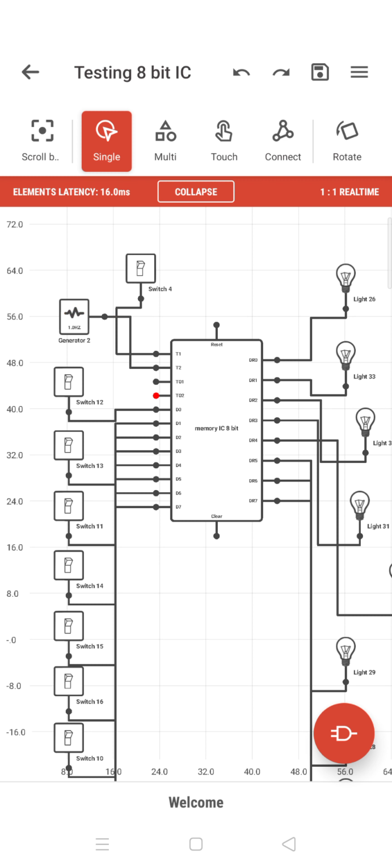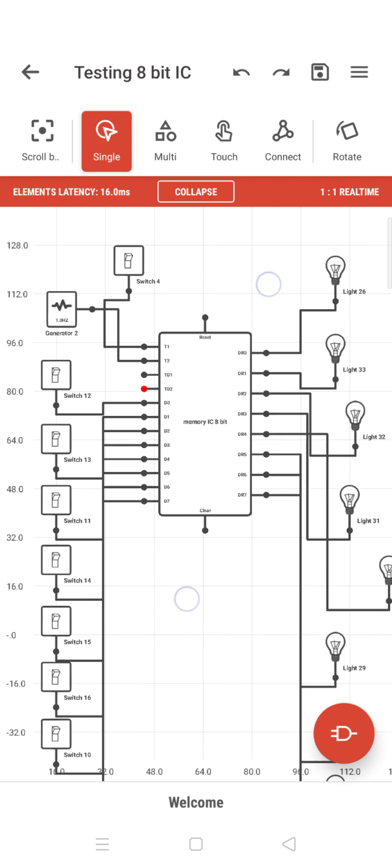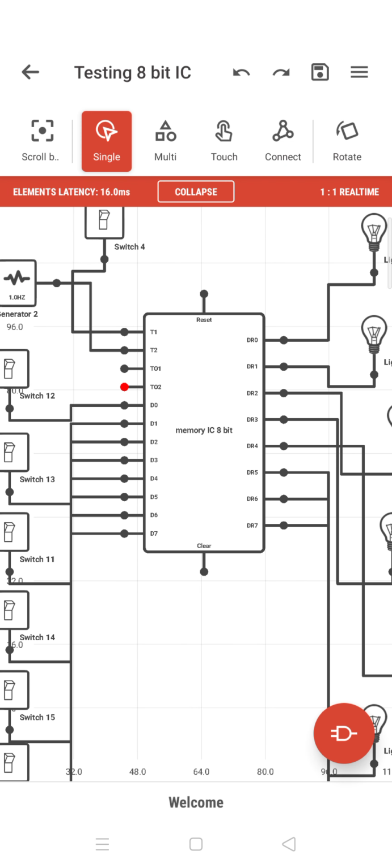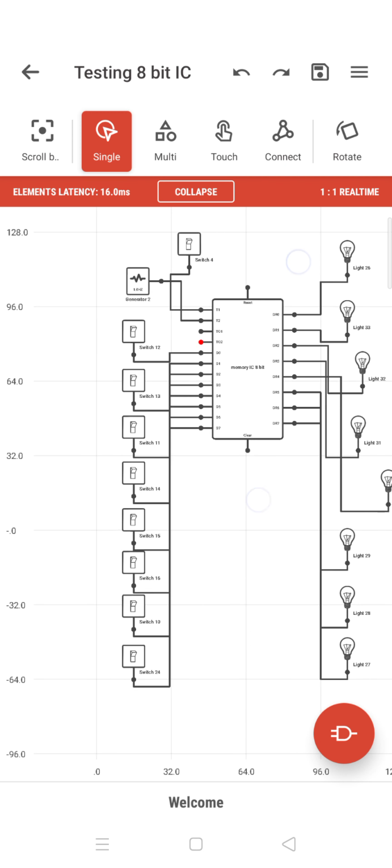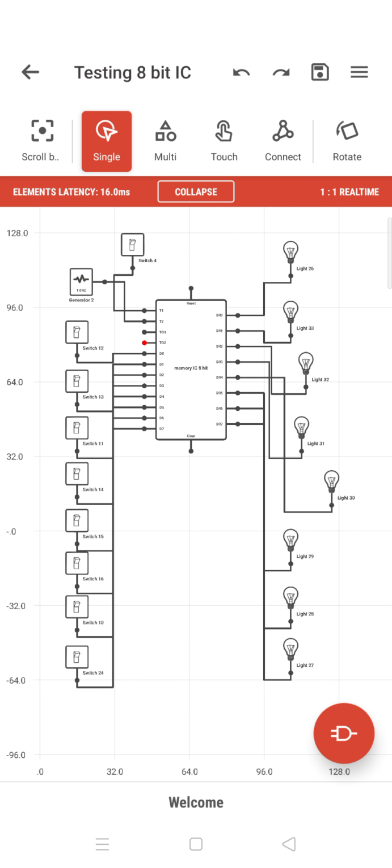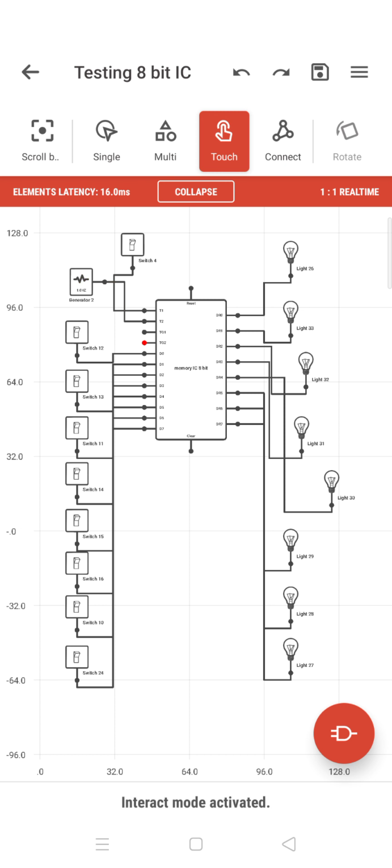So once we have created all the 8 bits, you have all the 8-bit IC here. This is the testing demo. I told you all the data read and write locations are here. Now we are going to test it. When I switch it on, you can write anything into it. When I switch it off, you cannot write anything into it.